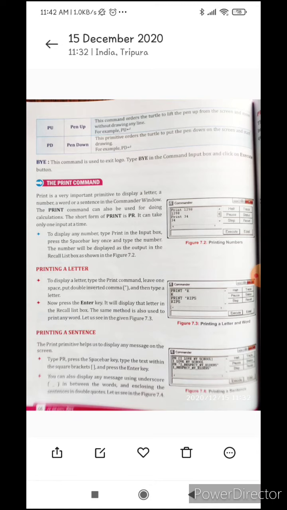But at that time, when the turtle is moving, it will make a sign or a picture, right? But if we use PU, that means pen up, then the turtle will move, but it will not make any kind of sign or any kind of color in the graphics screen box.